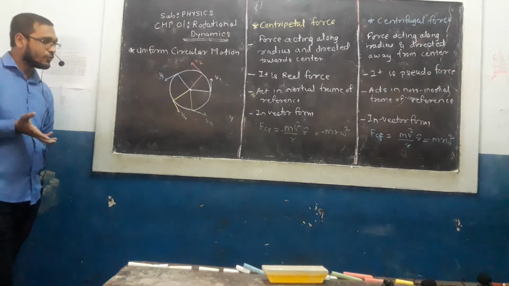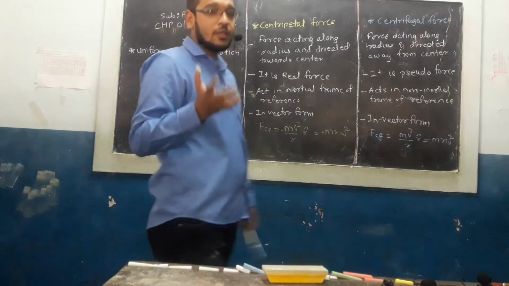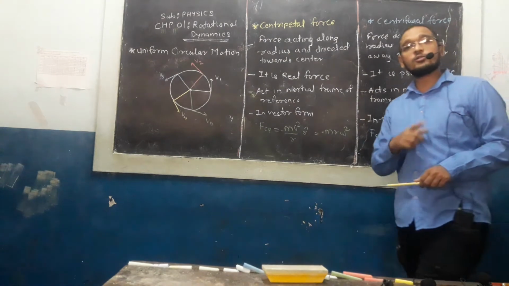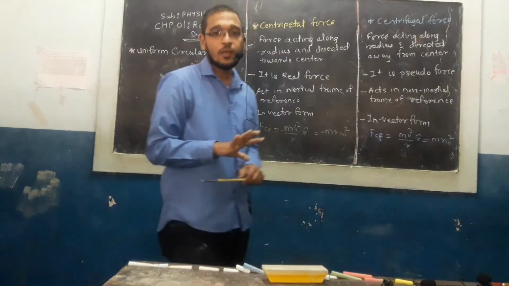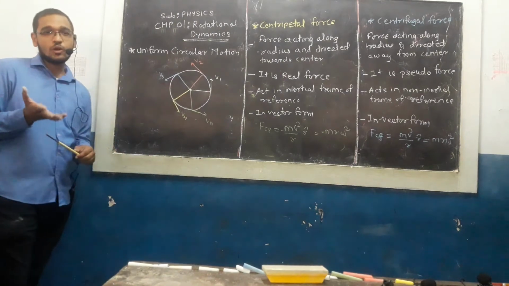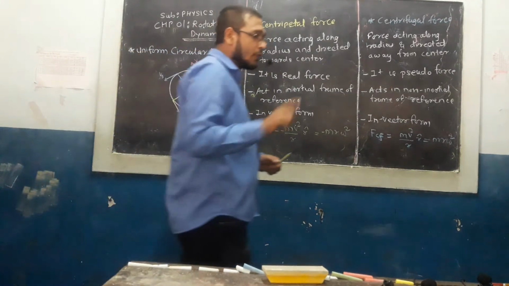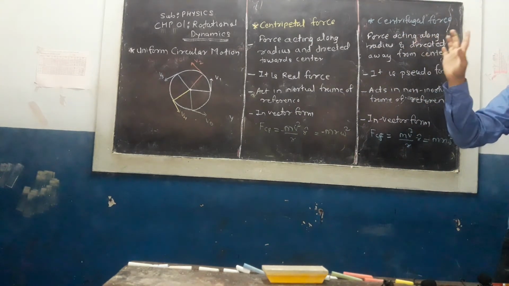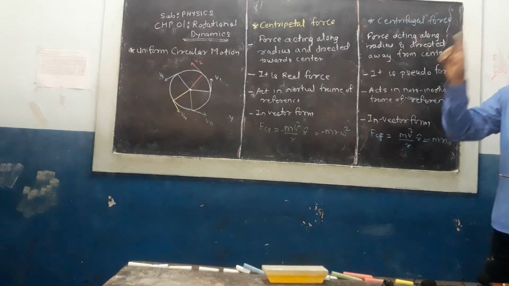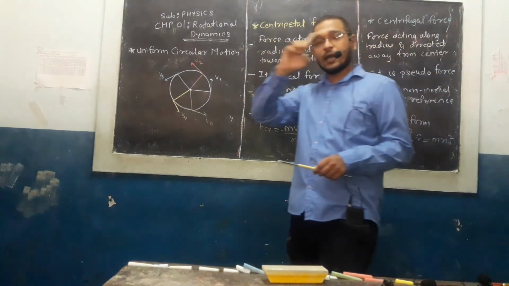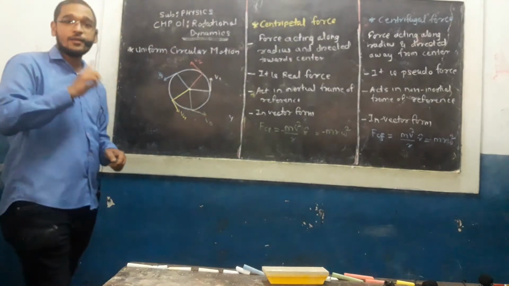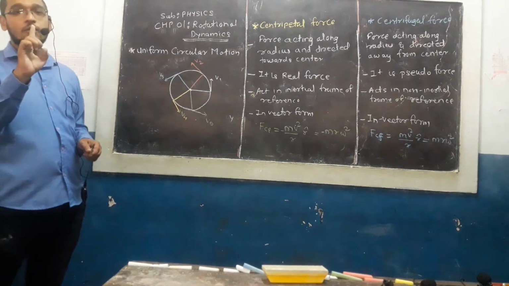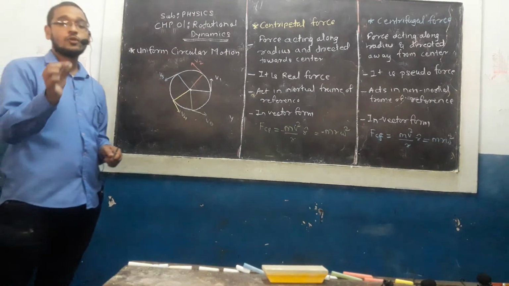Now the next point is non-uniform circular motion. The name itself tells us what it is: the speed and angular velocity do not remain the same. They change. Such motion is called non-uniform circular motion. For example, when we switch on the fan, the blades are at rest, and slowly they start gaining speed. So the speed changes from 0 to the maximum value. Such motion is non-uniform circular motion.